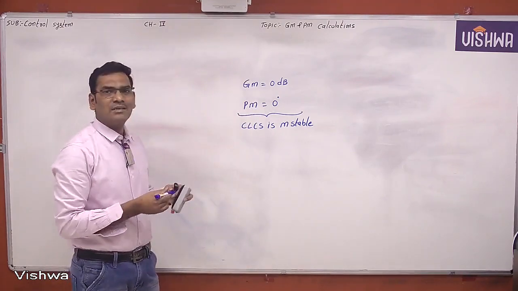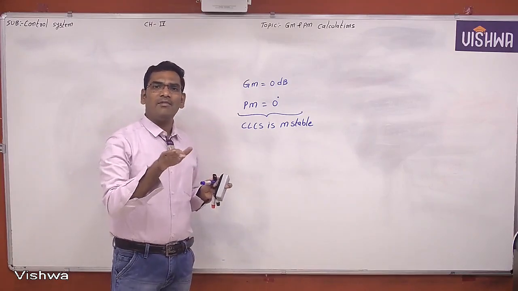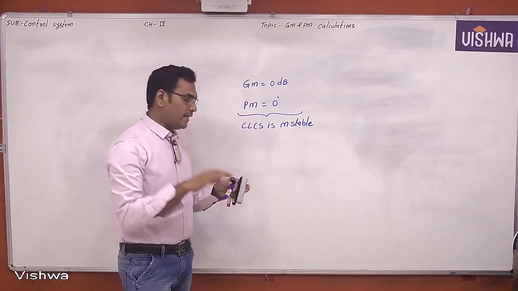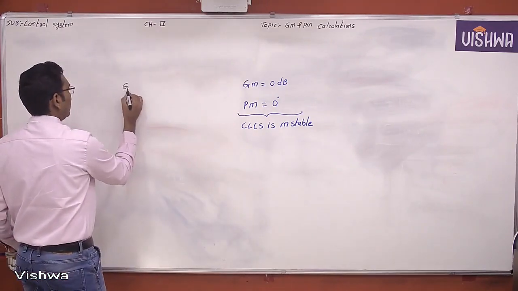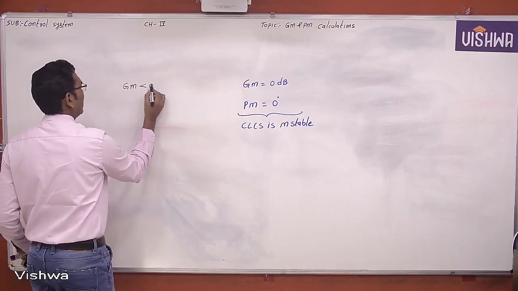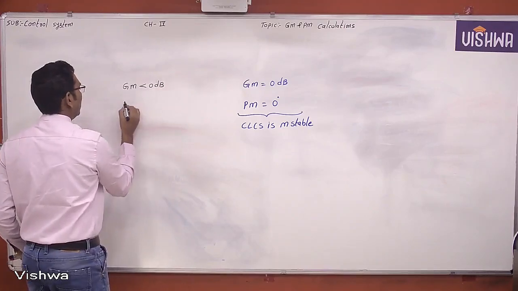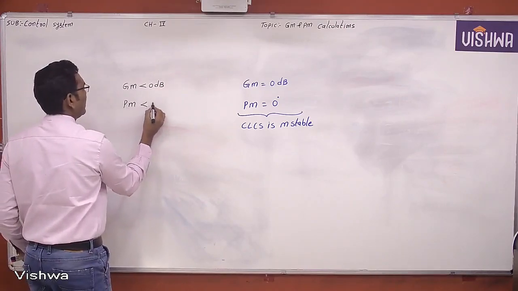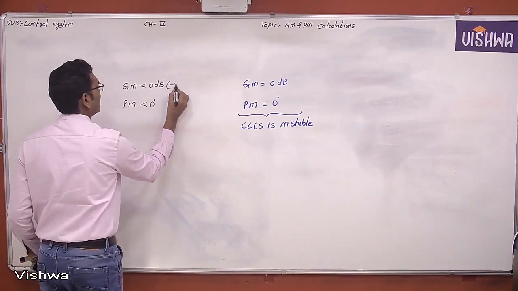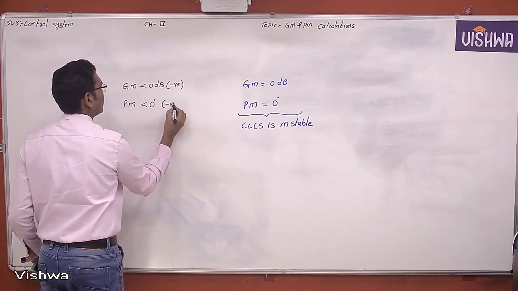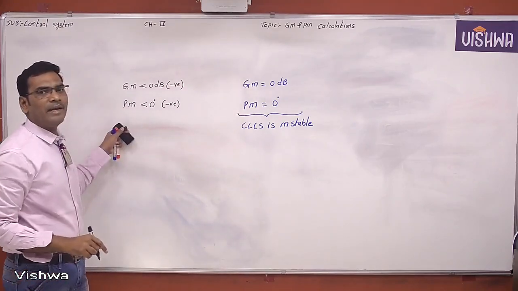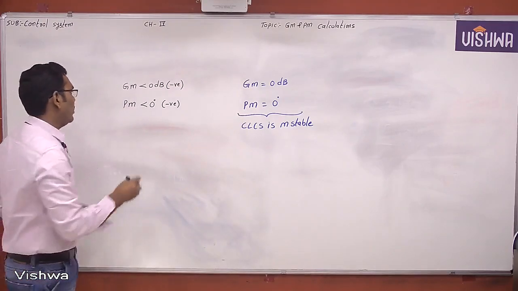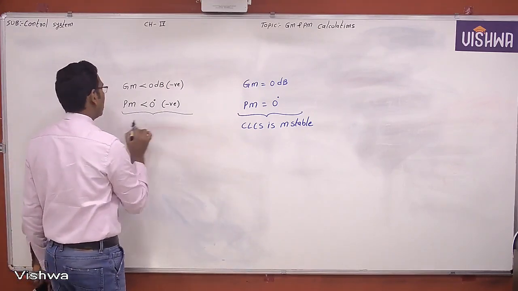But if my system does not maintain a required gain margin and a required phase margin, if your gain margin is less than 0 dB and your phase margin is less than 0 degrees, this is a negative value. This is also a negative value. It is a minimum boundary, but you are not maintaining a minimum required value, then the closed loop control system